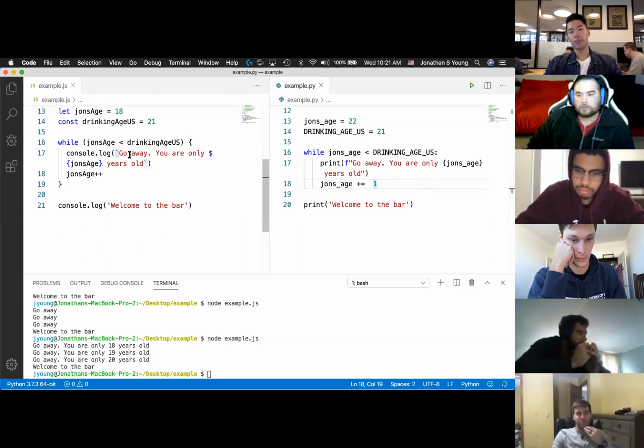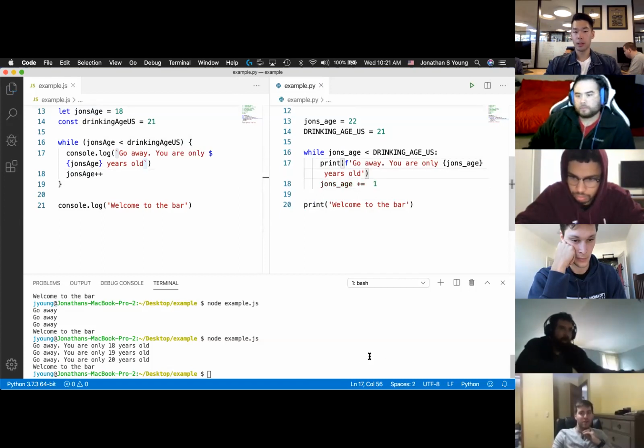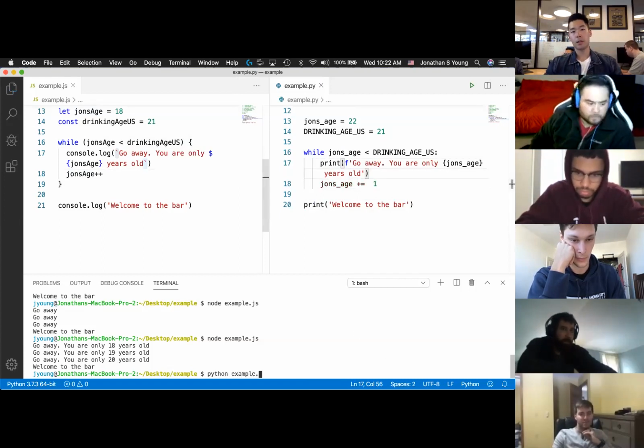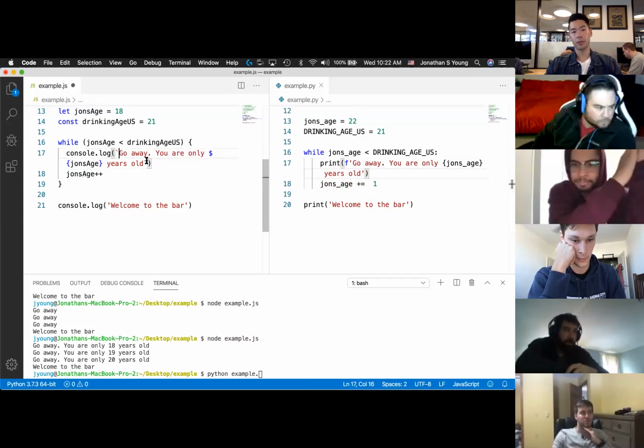Oh, I see what you mean. So do I have to have double quotes inside the printf string inside Python? You do not. You can do single quotes, and I believe this will still work. Let's try both. Is it the same with the tick marks too? The tick marks you do need if you're interpolating. If you have single quotes, it'll actually print out the single quotes. Pretty sure. Let's find out.